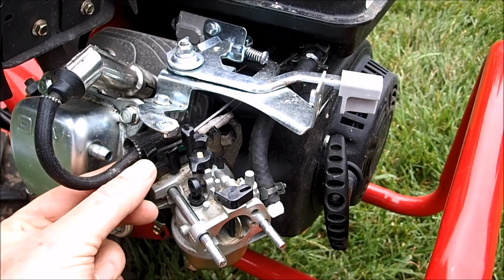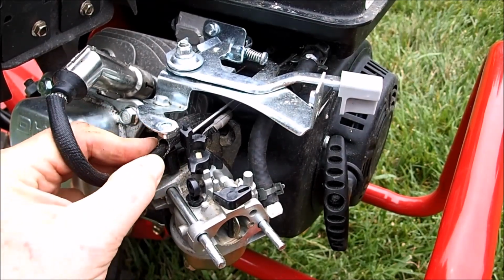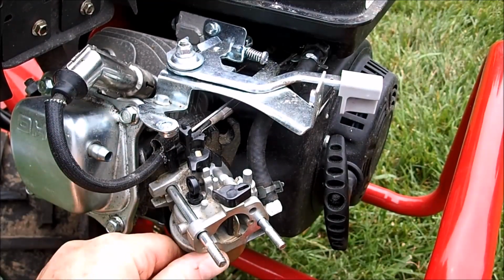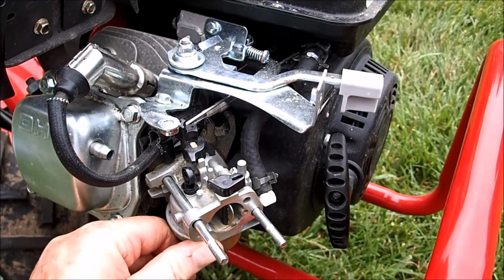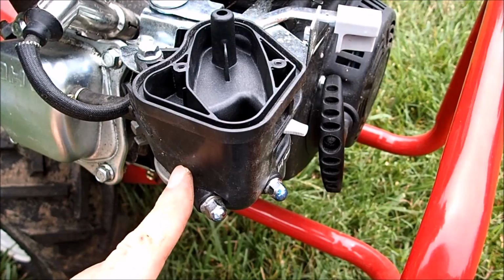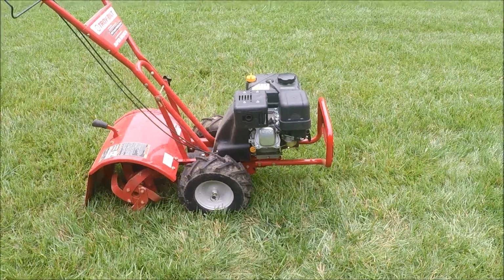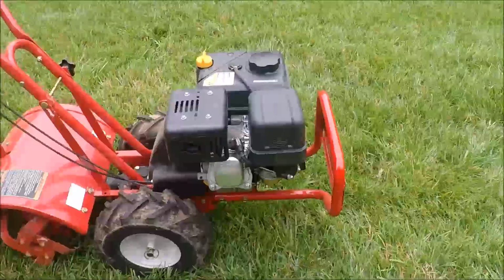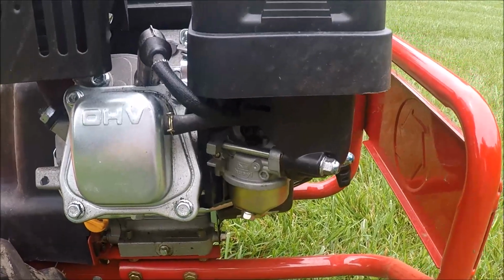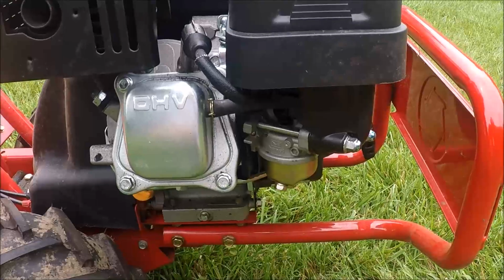There was also some cabling here that needed to be put back in place as well for the spark plug cord. Now we're ready to put the air filter cover back on. And the air filter cover's back on. Now I need to put the top of the air filter cover on. And the carburetor's back on the Troy Bilt Super Bronco now, and got the gas on. Don't see anything leaking. Cleaned out all the mice droppings that was in that air filter cover, and we're ready